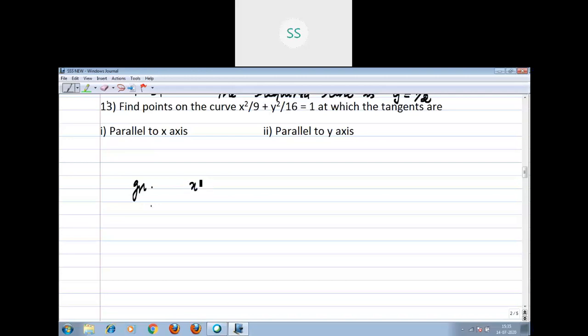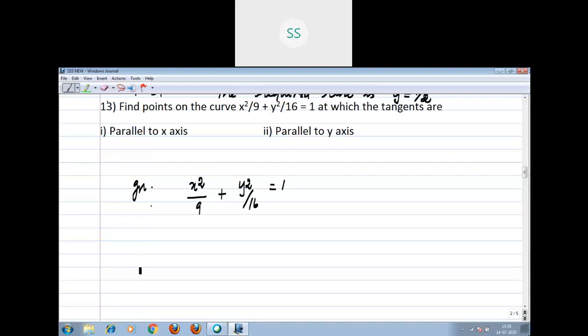You see, given x square by 9 plus y square by 16 equal to 1. What is it? Equation of an ellipse. Right? Now, it forms along the y-axis because below y the value is highest. Based on that only you are going to say how the ellipse will form. The major axis is along the y-axis. That and all we don't want now. Just you should recall, right?